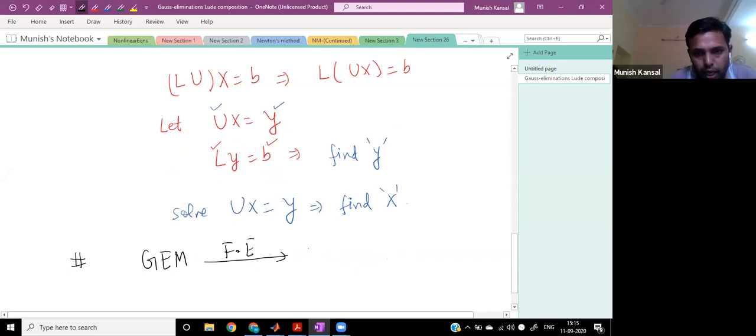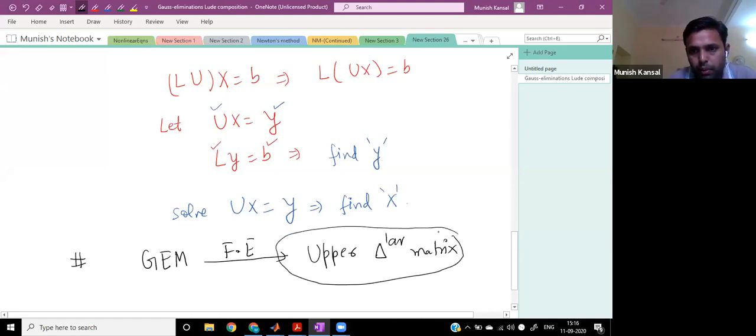So you get the triangular matrix, right? This upper triangular matrix, we will store somewhere in MATLAB. This will work as the U in LU decomposition, right? We will make a program for Gauss elimination. From that, we will store this upper triangular matrix. This will be taken as the U in LU decomposition.